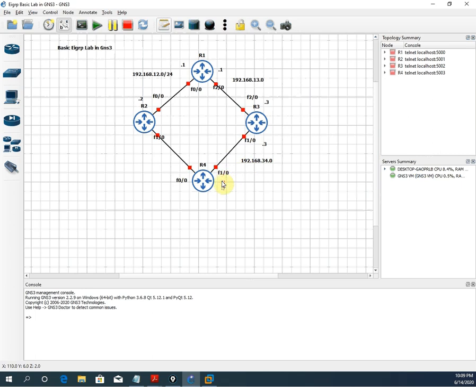Our wish, we can use anything. .4 here, here is .1, here is .2, here I will use .1, here I use .3, here also .3, here is .4, and here I am going to write the IP.